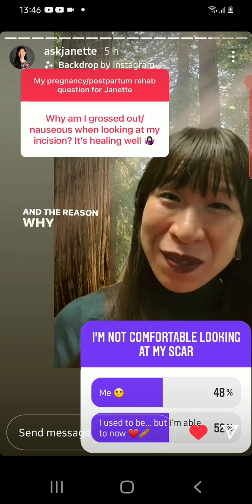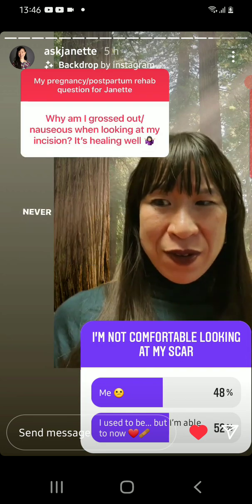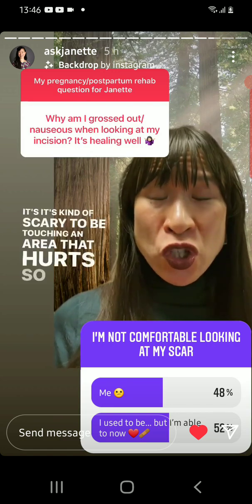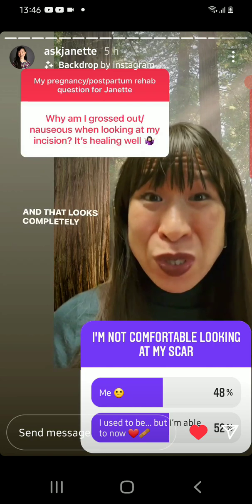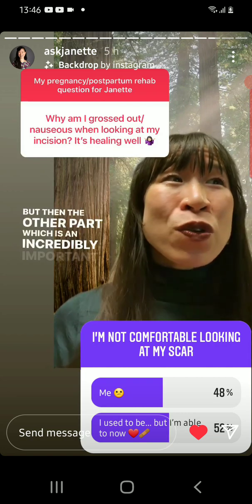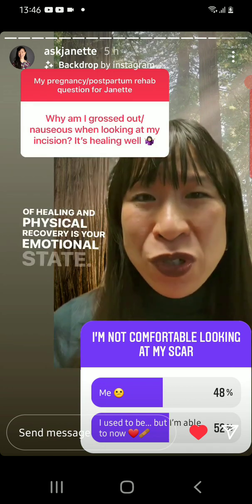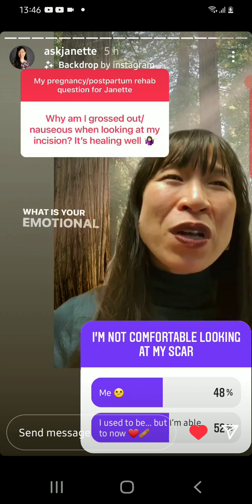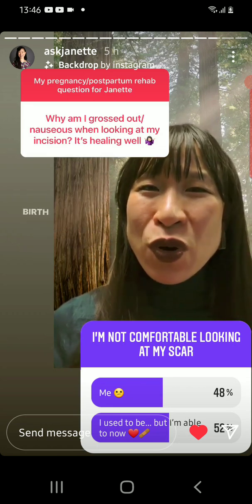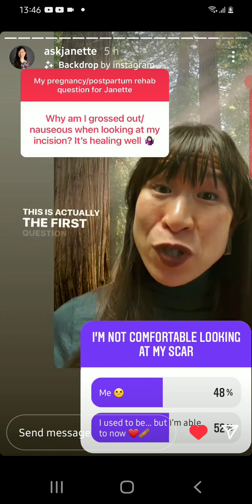And the reason why this may be happening, well, first of all, just on a very obvious level, is you've never had surgery before. It's kind of scary to be touching an area that hurts so much at one point in your life and that looks completely different. Okay? But then the other part, which is an incredibly important part of healing and physical recovery, is your emotional state. What is your emotional and psychological relationship to your birth experience? This is actually the first question